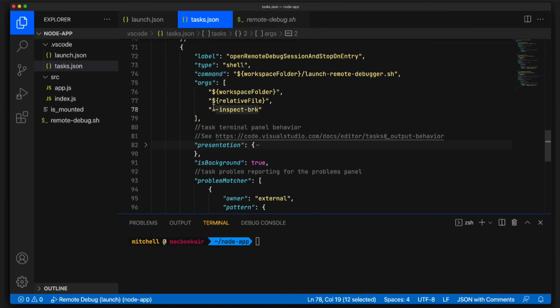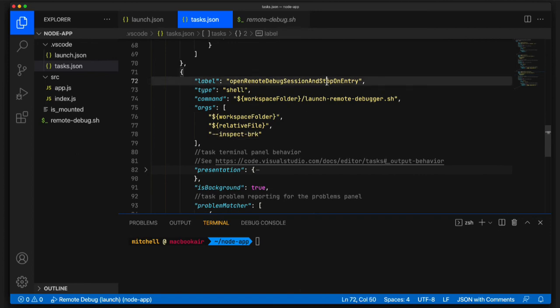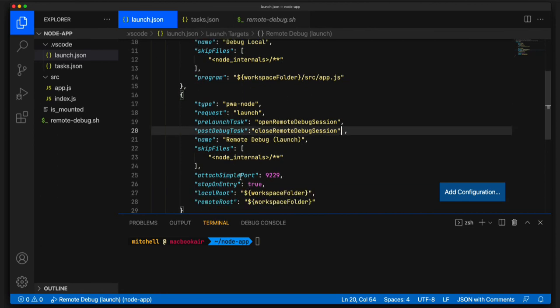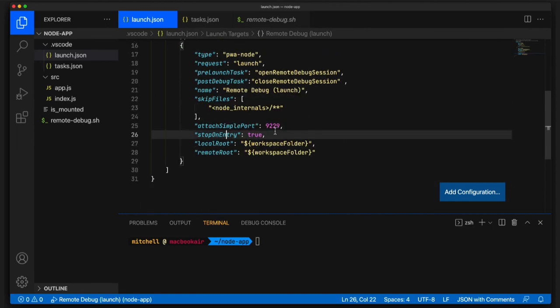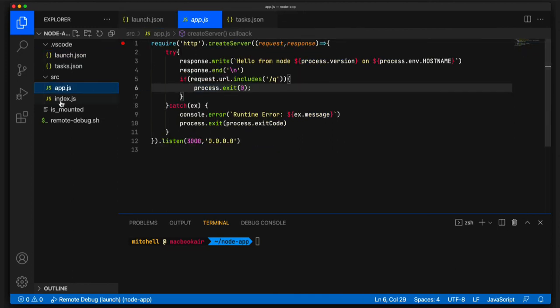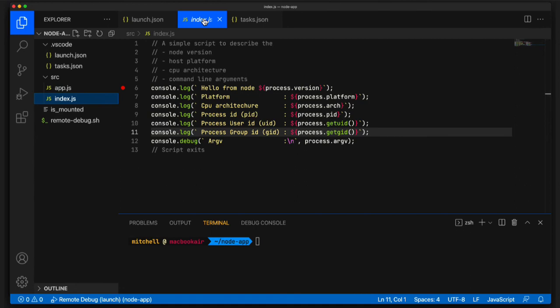This is the same task, it's just different in that it's effectively doing the stopOnEntry automatically, and this is doing the stopOnEntry as part of the launch. Now, if this all works, technically, I should be able to set my code. Right, actually, let's select index.js because I have to select the file now. And if I debug that,